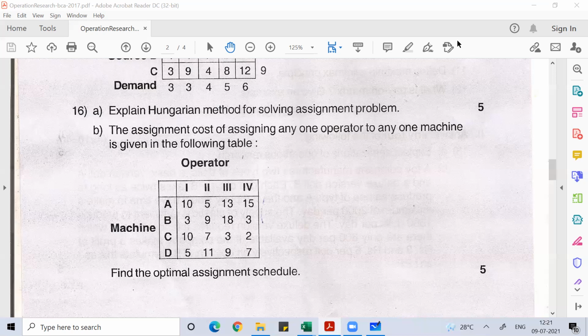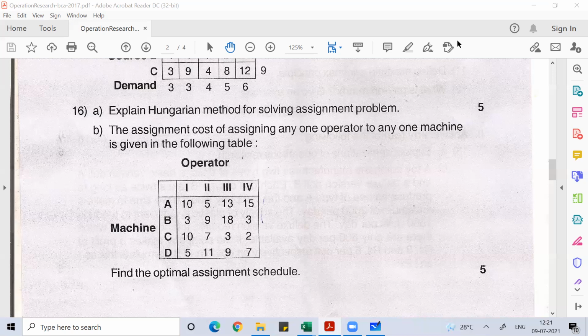So you can take the same problem which is given in section B, the next question, and then you solve this problem. Either you can solve both problems together simultaneously, or once you do this problem, you write the same thing again. I hope you can make it easily understandable for yourself.